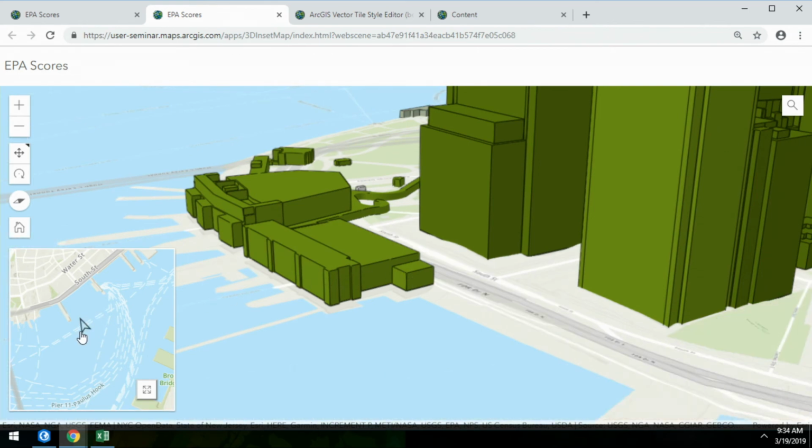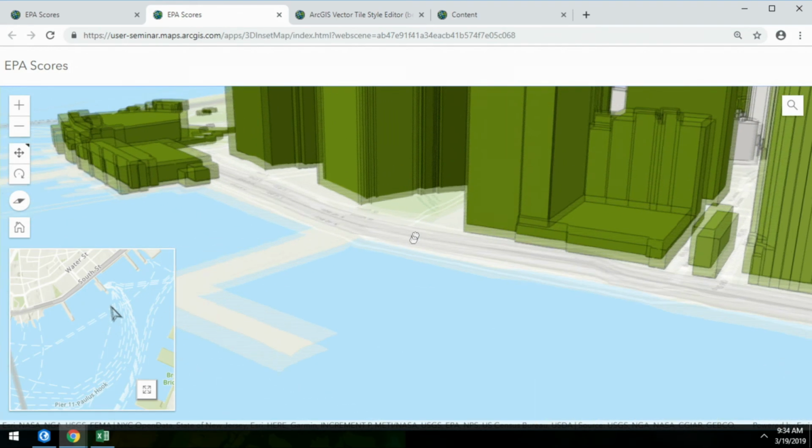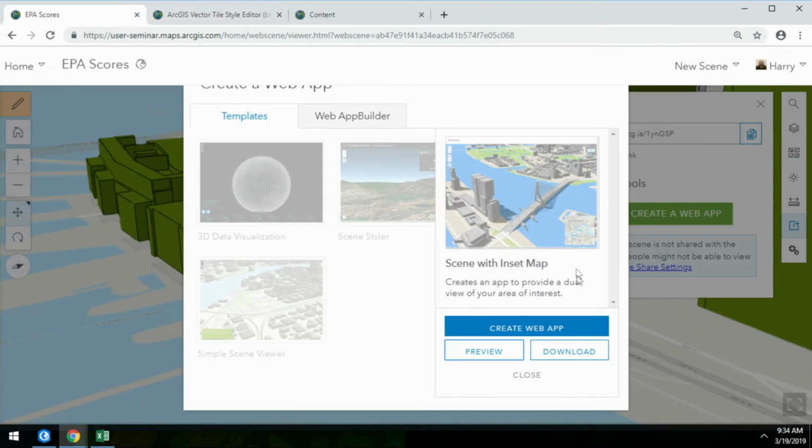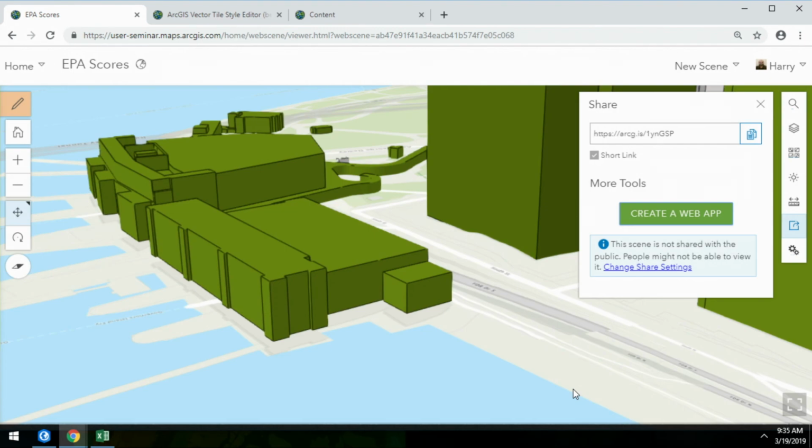The reason why is there's a 2D map that shows you the location of the camera angle. And as I grab this little arrow and move it, it'll update my 3D map as well. So it allows people to see both the 2D and the 3D view of their data. It's been very successful, especially in the utility space. So that was just a couple of the enhancements that we've had with the 3D scene viewer with the latest